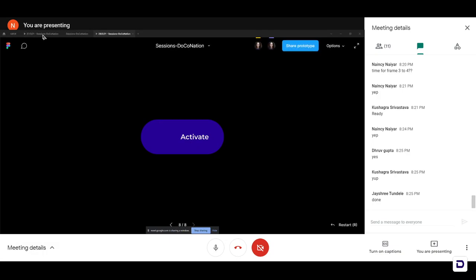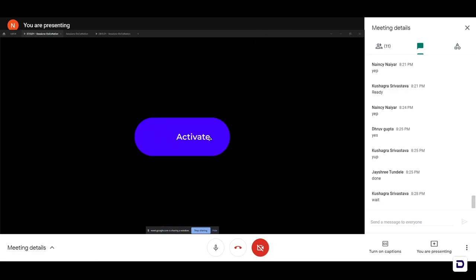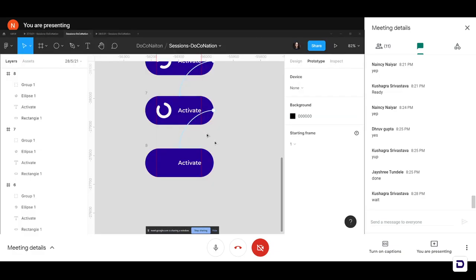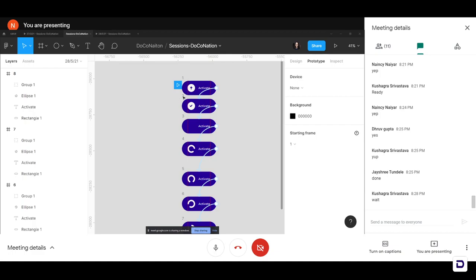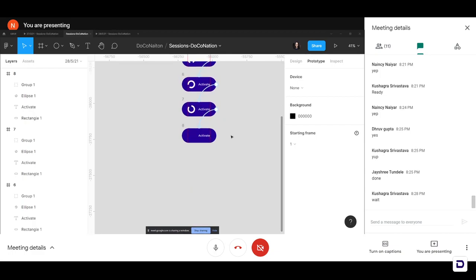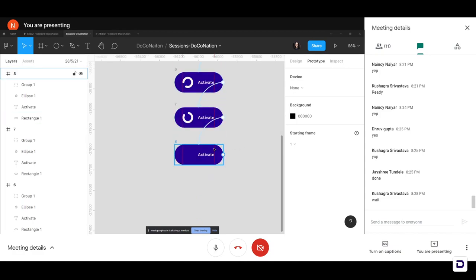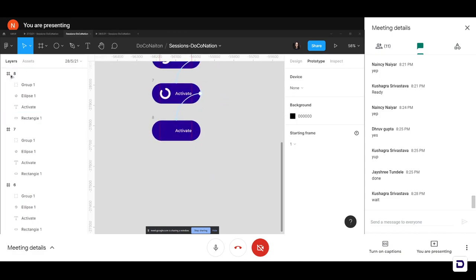The last and only thing that we have left to do is this: you can see the loader appears, rotates, fades in, and comes back up as a full circle and the tick mark, and we can see the activated button. So all we have to do is achieve this state in the second frame state with a green button which says activated, right? Once we're done with our 8 frames, we will move on to our next and final part of this animation.